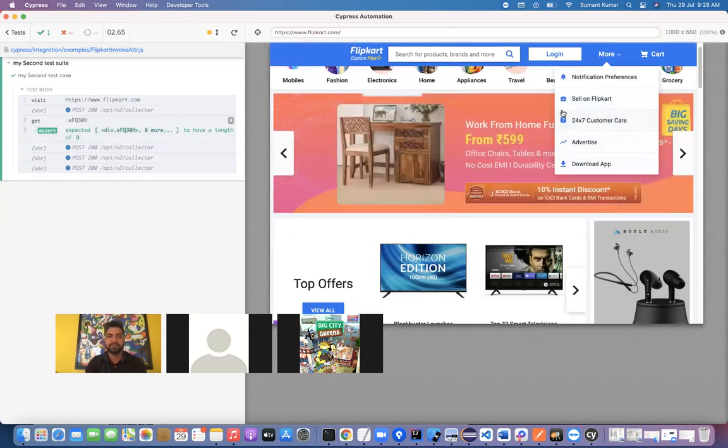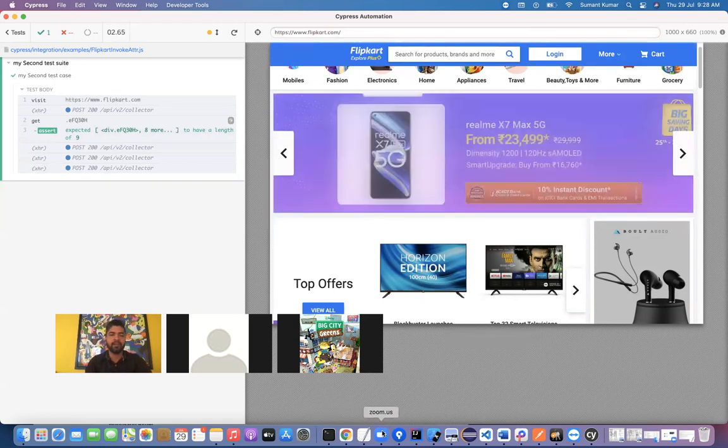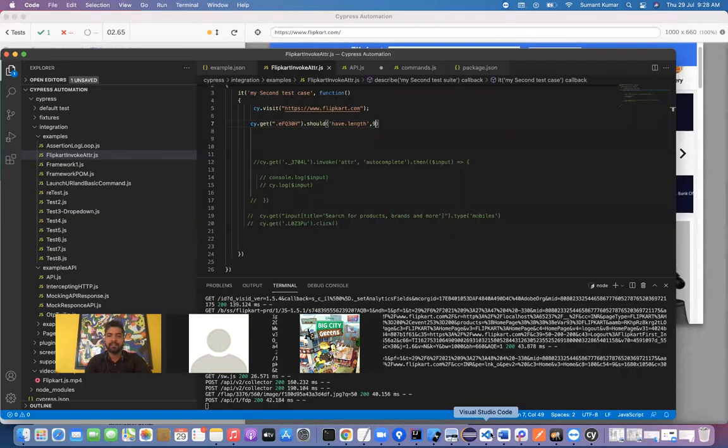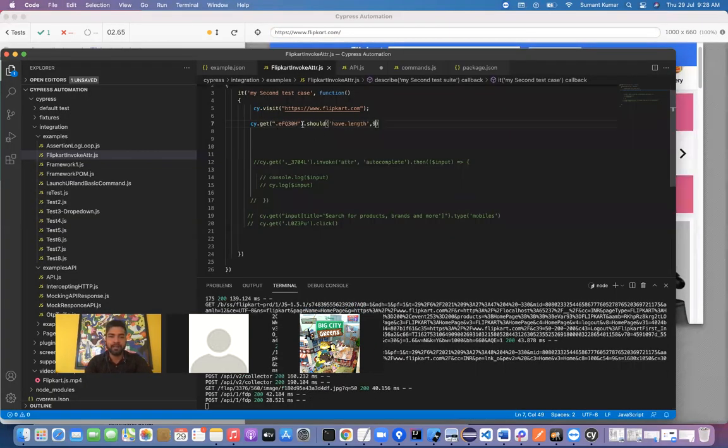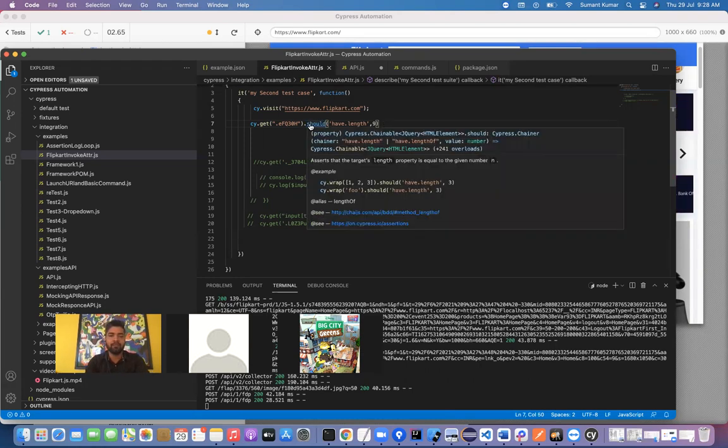Got it? Later on, once we go more into assertions and writing the test case, I will tell you some more concepts. What you can do there is use a concept called dot visible. Whatever visible elements are present, it will count only those. So we have to play with this code basically. This was the first assertion. We can have multiple assertions.